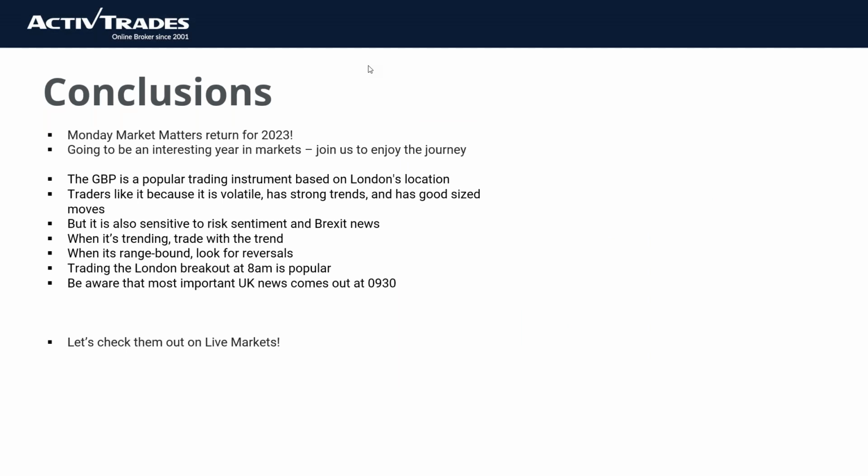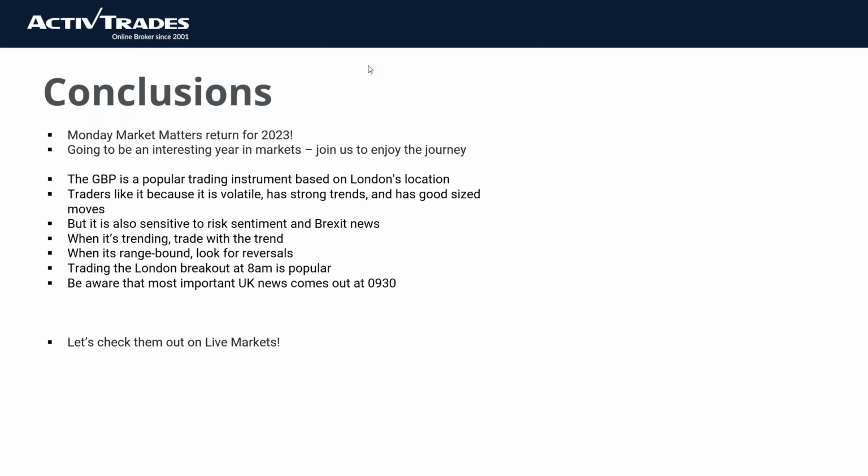So, in conclusion, the British pound sterling is a popular trading instrument based upon London's location and the fact that it is still the number one FX location for the world. Traders like sterling because it's volatile, can have strong trends, and has good-sized moves. But it has also been sensitive to risk sentiment, and in the past was very sensitive